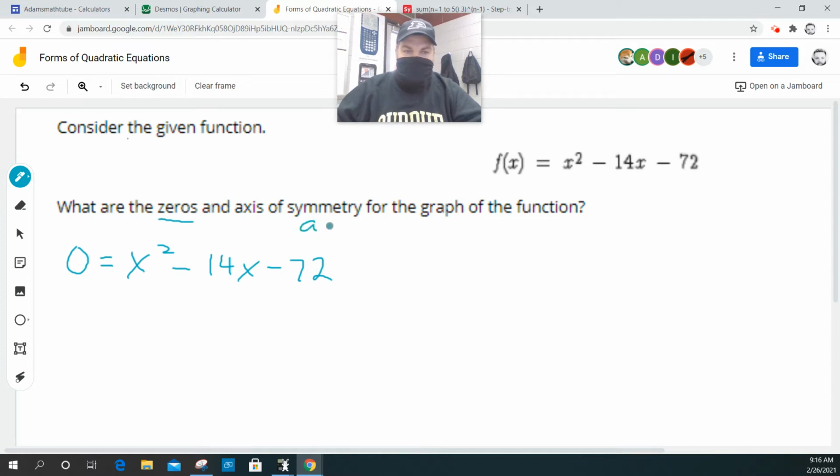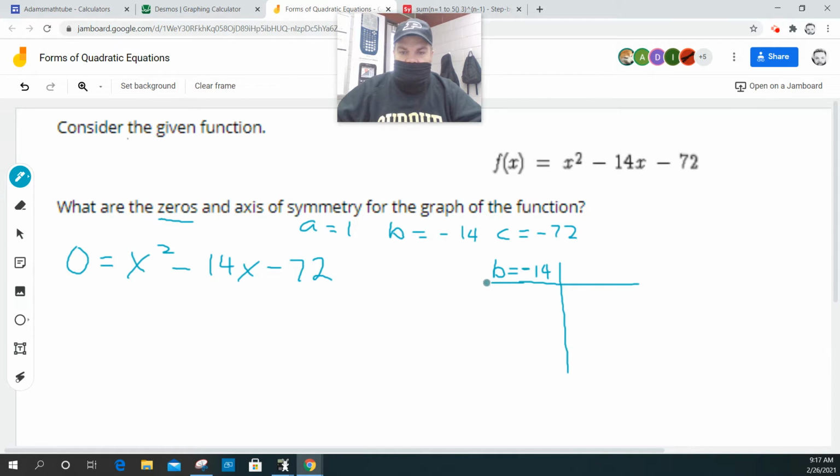So A equals 1, B equals negative 14, and then C equals negative 72. So if I use the AC method, my B term, well,